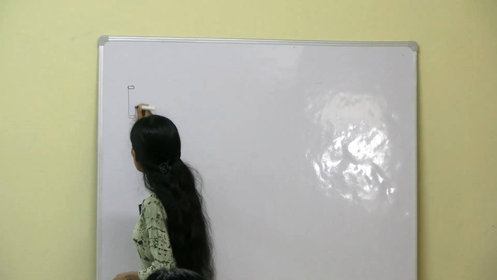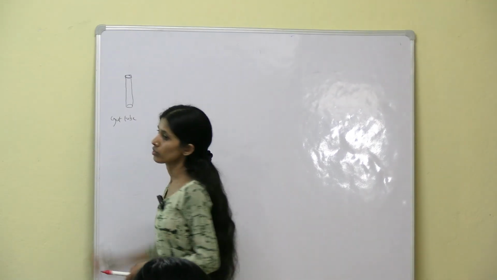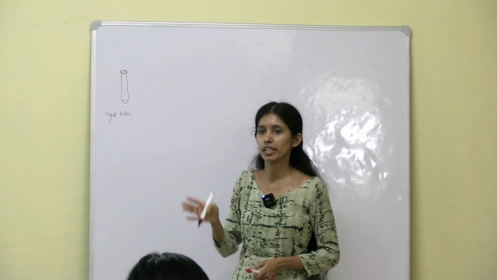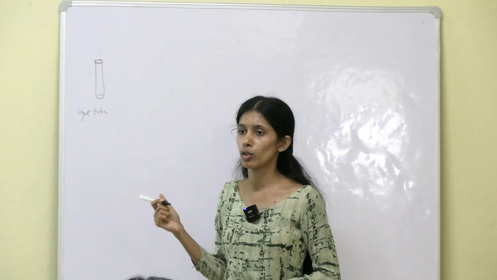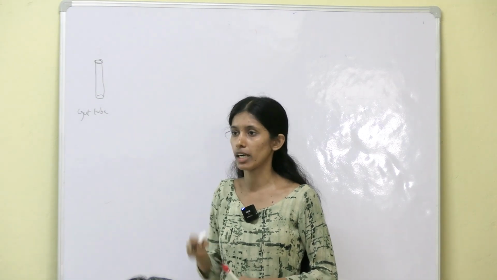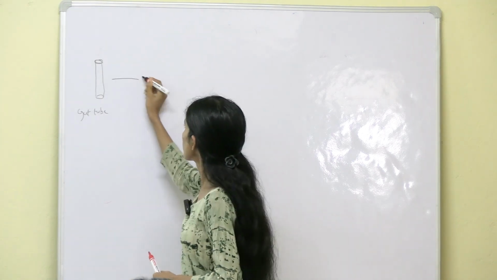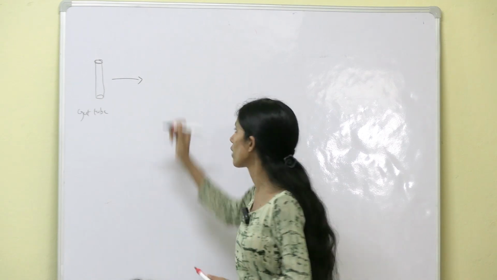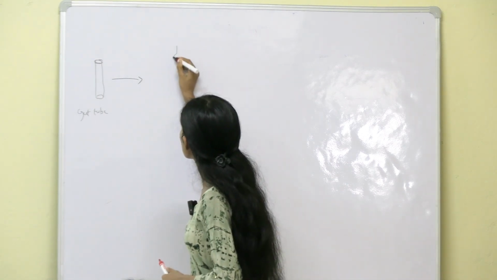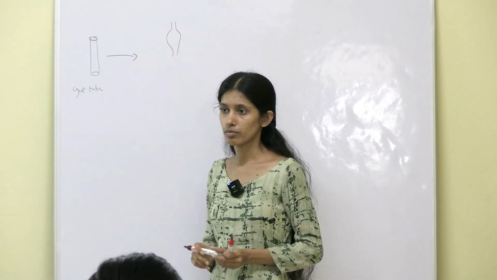We have a gut tube. Okay. This is your gut tube. Initially, it is in the midline and straight. Later, during the development of the stomach and also the duodenum and other structures, it undergoes certain modifications. While studying the development of the stomach, we have seen your midgut taking this structure. What is this called?